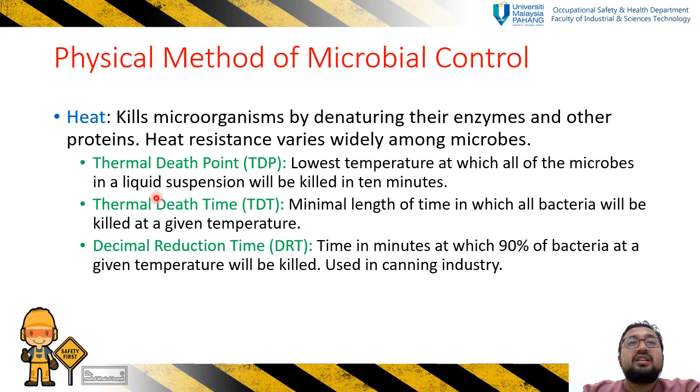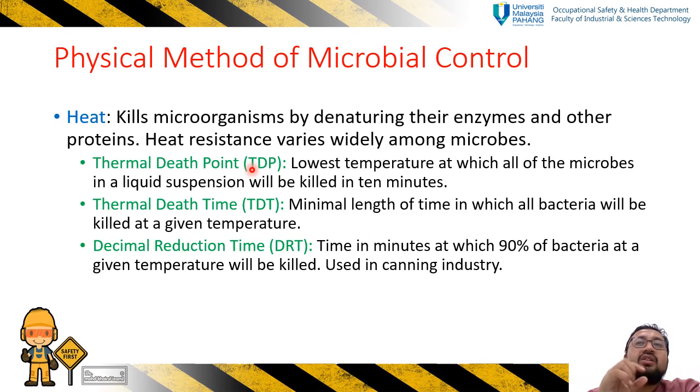Okay, so basically we've got thermal death point: the lowest temperature at which all of the microbes in a liquid suspension will be killed in 10 minutes. Thermal death time: the minimal length of time in which all bacteria will be killed at a given temperature. Decimal reduction time: time in minutes at which 90% of bacteria at a given temperature will be killed, used in canning industry. Okay, thermal death point ni maknanya dia punya tahap, kita panggil threshold ataupun temperature